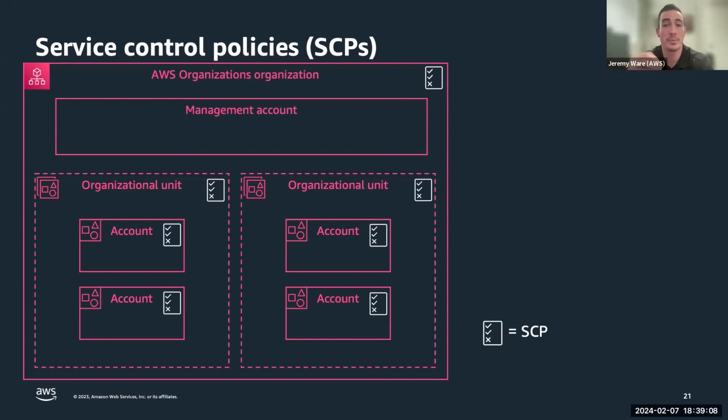Now, there are some things that may be OU or account specific. You may not want to deploy to certain regions for certain workloads. And so you might include that in an SCP to scope down the regions that you are allowed to deploy resources in. This helps to ensure that you have logging and governance of the actual regions you're deploying workloads in, and that you don't have things that you're not actually tracking being deployed. But the regions that you do for one workload may be different for another. And if you have proper account separation, we might have a different SCP for each of those accounts or OUs then.